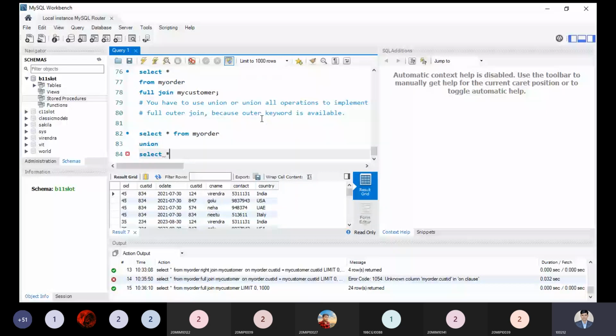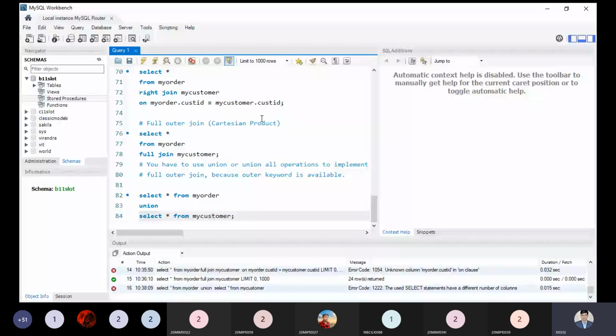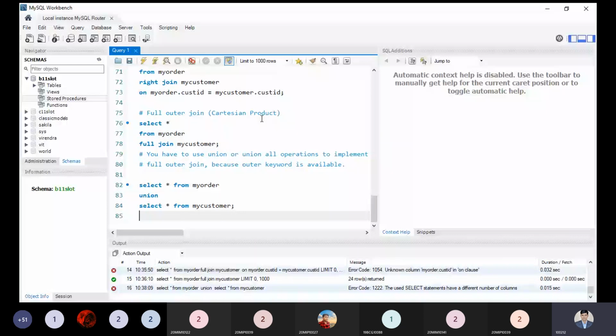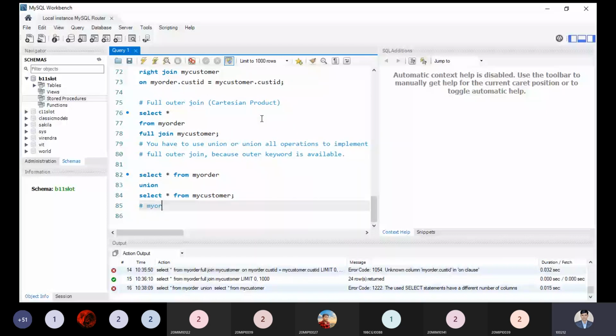If I do so, you will be able to see that we are getting an error over here. This is the reason: the my order and my customer tables have a different number of columns. The my order table has three columns, while the my customer table has four columns.